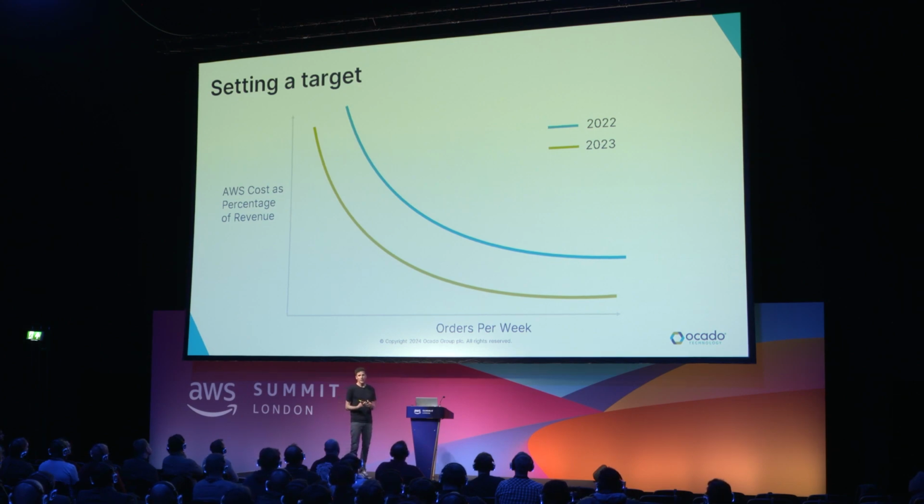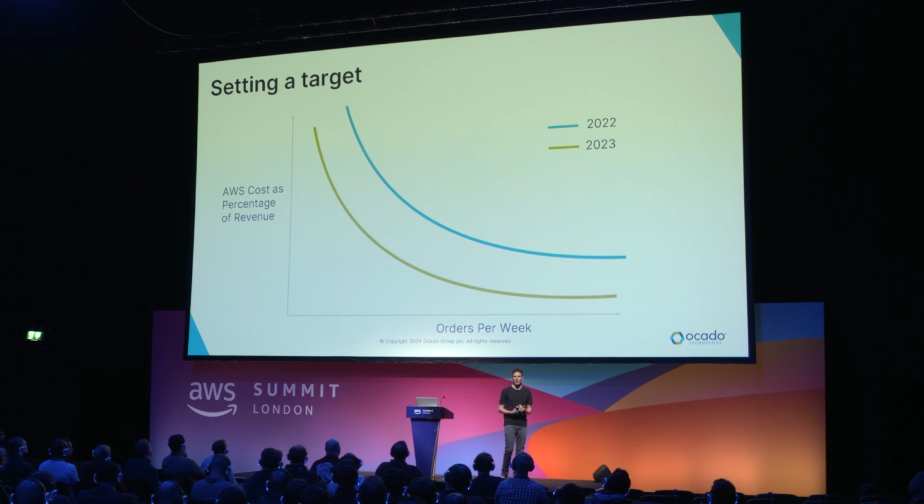We used some historical data to model how our AWS costs changed as our orders flowed through our various OSP instances around the world. And we created a model which is basically that blue line that you see on the graph there. It may not sound cool, but it was really important to us. We were able to predict what our AWS costs would do in the future as order volume changed through our systems. But actually, we wanted to go a step further.